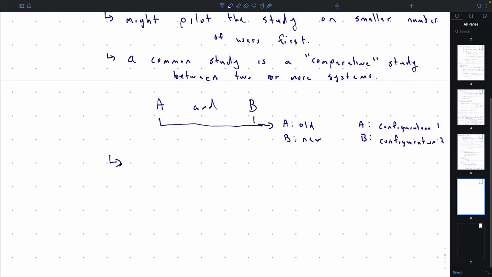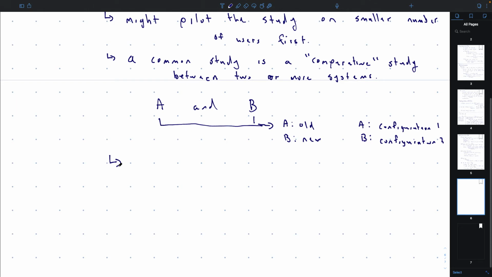If system B is similar to system A, the fact that you got them to use system A first means they get familiar with at least the general idea of that system. And so they're probably going to perform better the second time when they're using system B, even though it's a slightly different system, because they learned something from doing it the first time with system A.